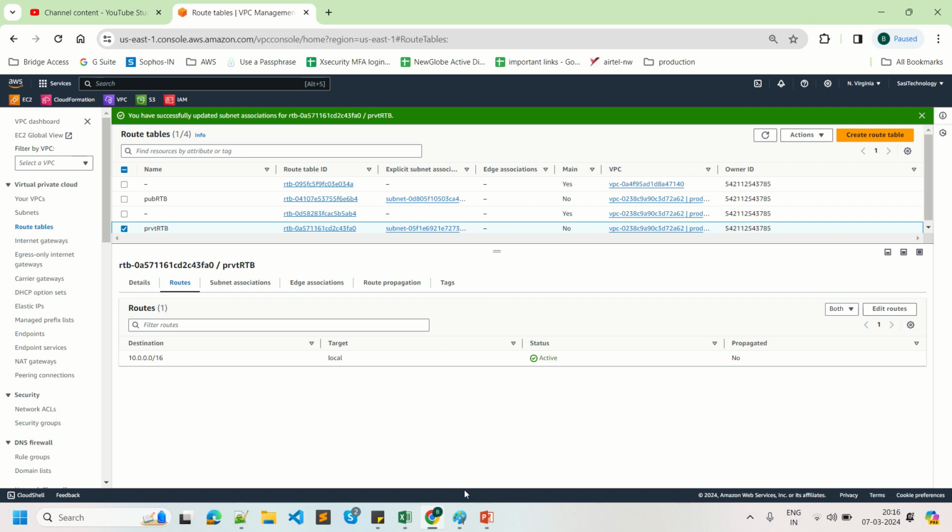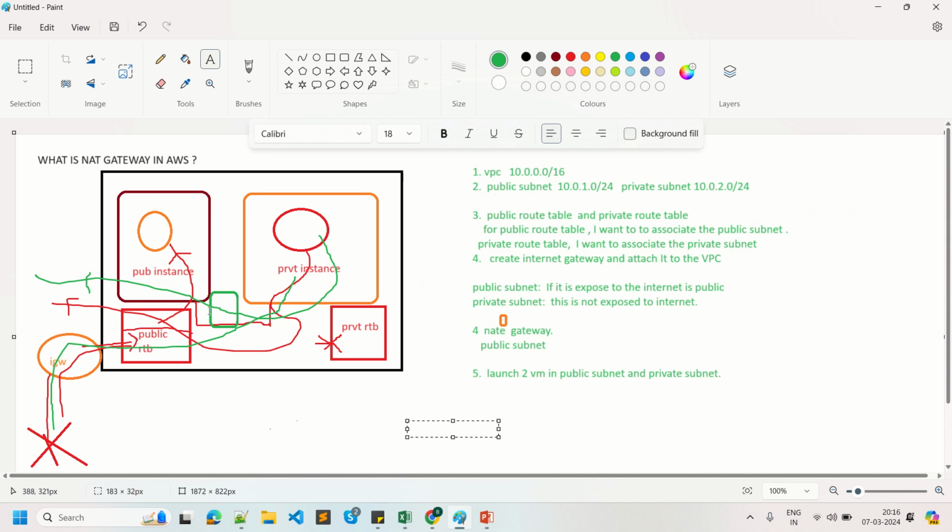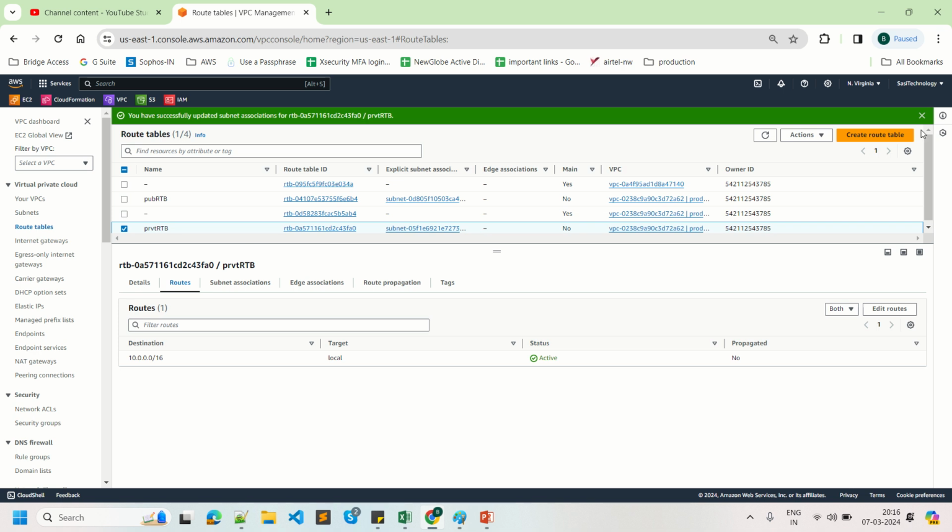But our intention is to create the NAT gateway. Then the communication should exit through the NAT gateway to the outside of the world. That is the one we want to explain. Okay. Now